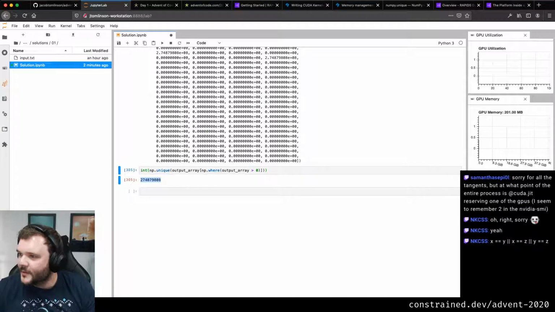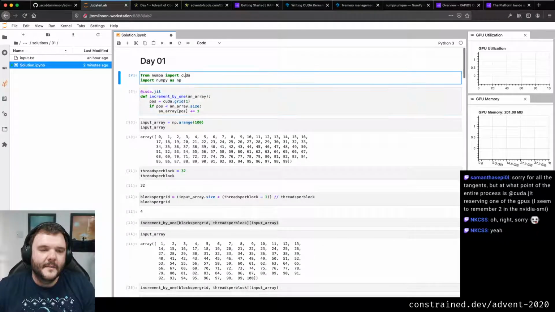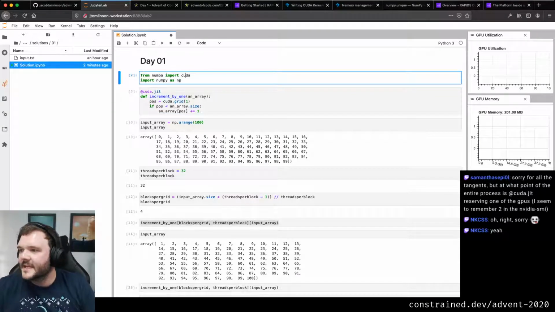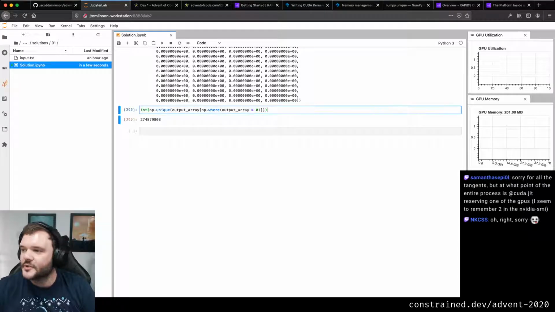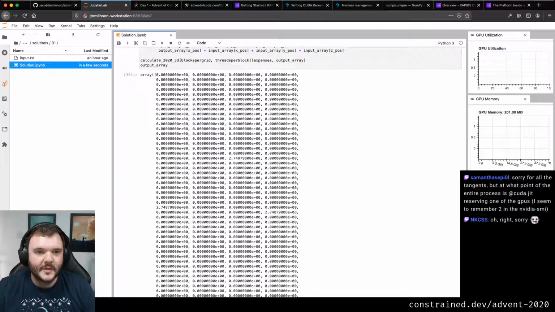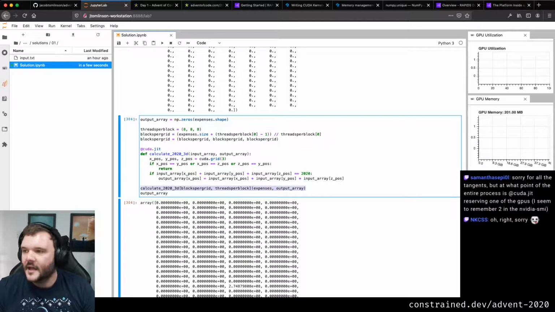Sorry for all the tangents, but at what point of the entire process is CUDA JIT reserving one of the GPUs? I seem to remember two in nvidia-smi. It's not reserving one of the GPUs in that it is making use of one of the GPUs when I call the function, right? When I call this line here. And also, please don't apologize for tangents. This is exactly why we're doing this, right?